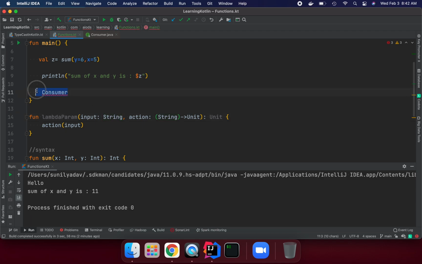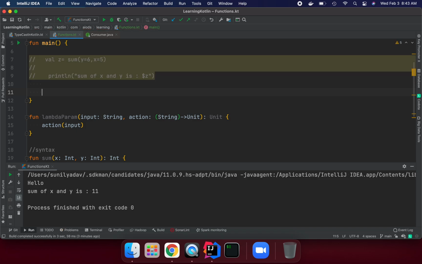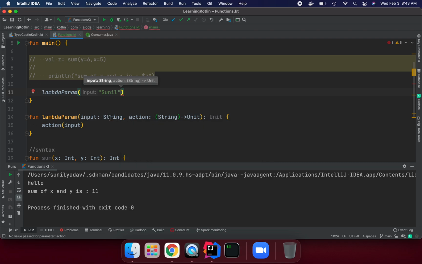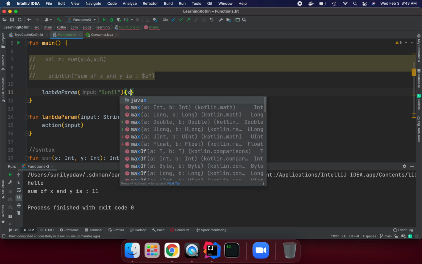Let me comment out all this code. Now I'm going to call this lambda param method, and I'm going to pass Sunil. If the first parameter is some variable and the second is your lambda, then we can do it this simple way.